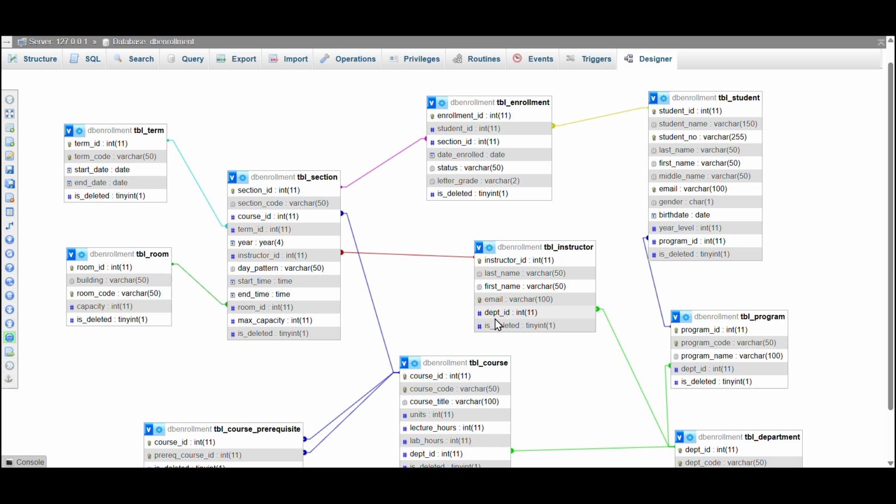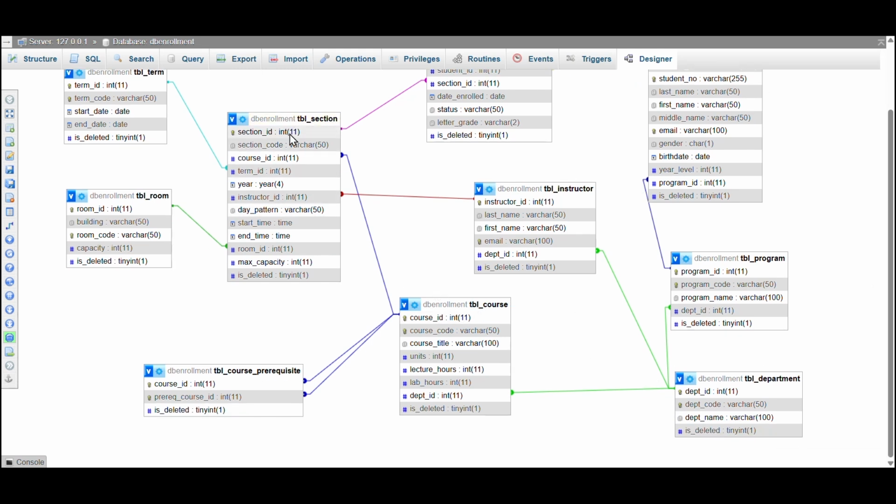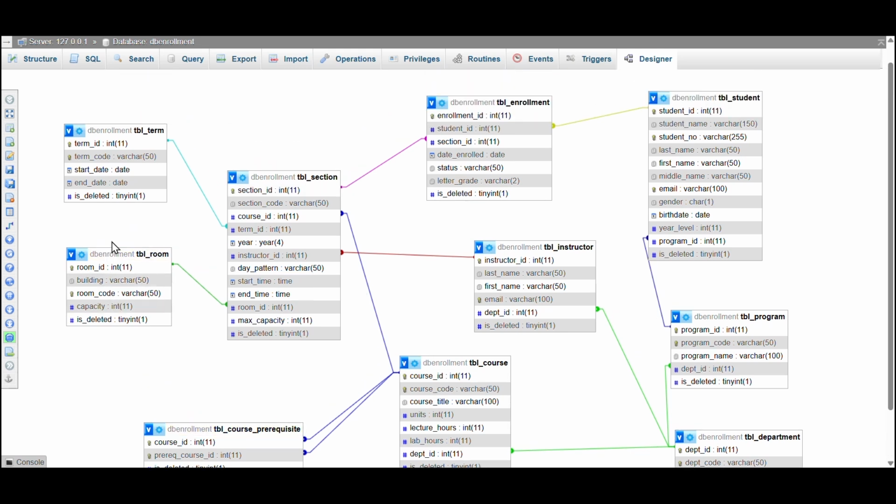So the main entities are here, TBL student and TBL section. The relationship between them is managed by the TBL enrollment junction table. Here it is. Which is the key for tracking which student is in which section, and also stores the status and final letter grade.